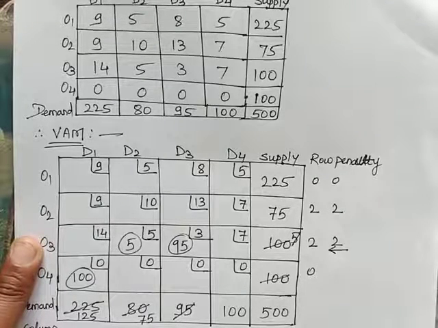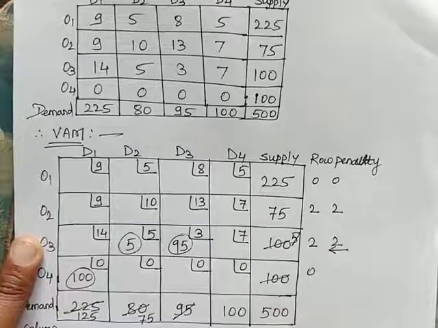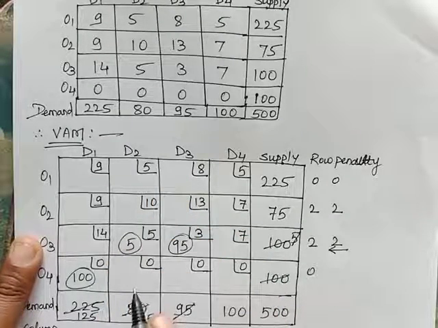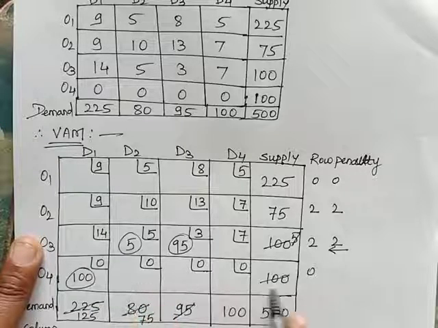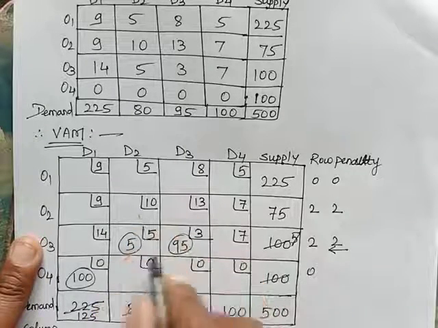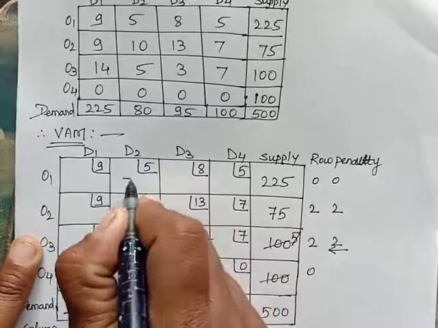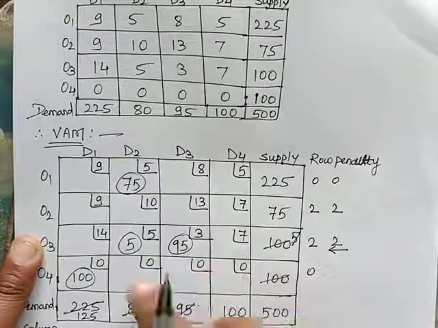So now 5, 5 are the greatest ones. Now this column is satisfied, so this penalty is no need to find out, sorry for that. Here 5 is the greatest one, so I will take this 5. Now in this column, the least cost is at this position, but this row is satisfied. So the least cost, this row is also satisfied. So the least cost between these two rows will be this 5. So 75 we will put up here, 75 and 225. So the minimum will be 75.